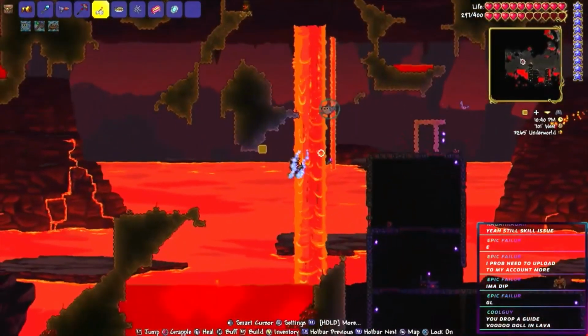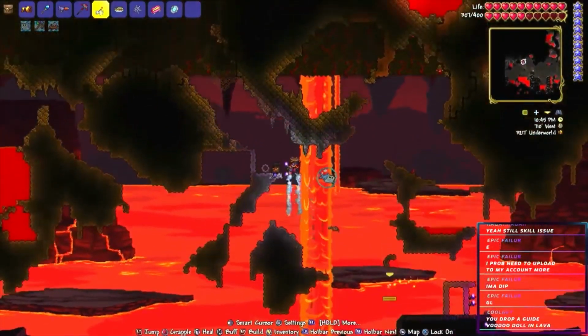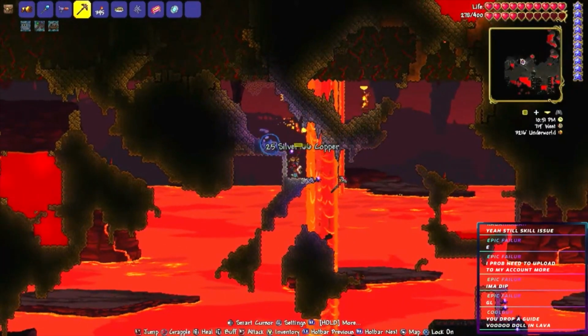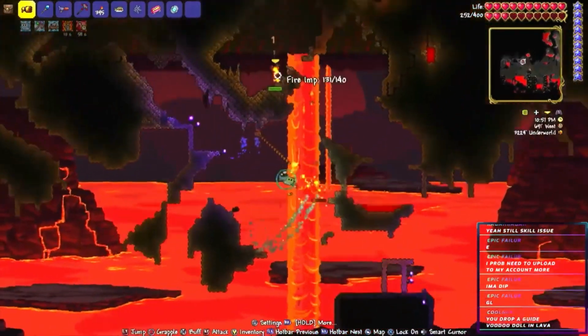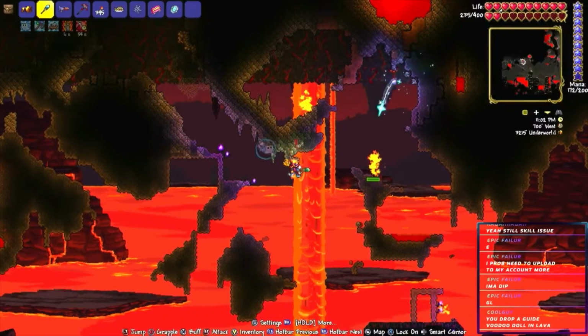After selling things, I decided to go into the underworld to try and loot it for everything it was worth with my Shadow Key, which I had gotten from the dungeon. But before I could do that, there was a bit of an incident. See, you need to summon the Wall of Flesh by dropping a guide voodoo doll into lava, which you get by killing voodoo demons. With this knowledge in mind,